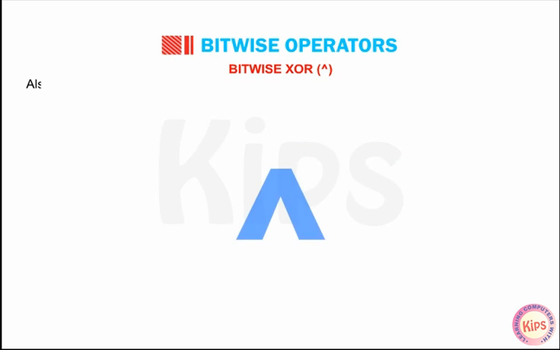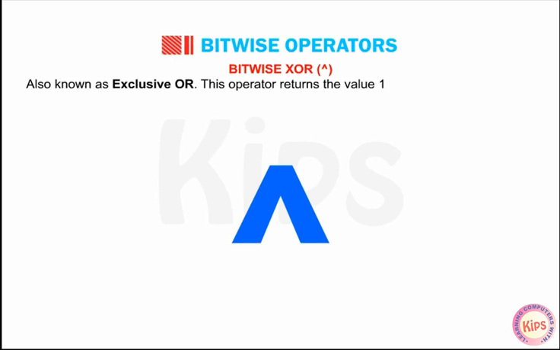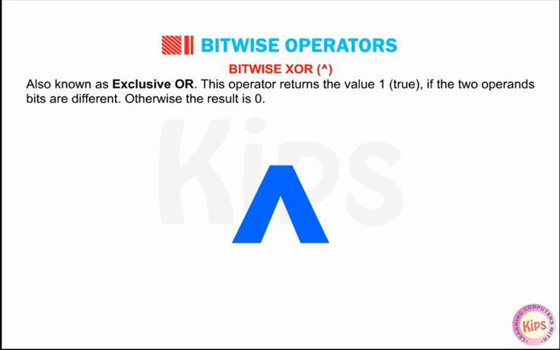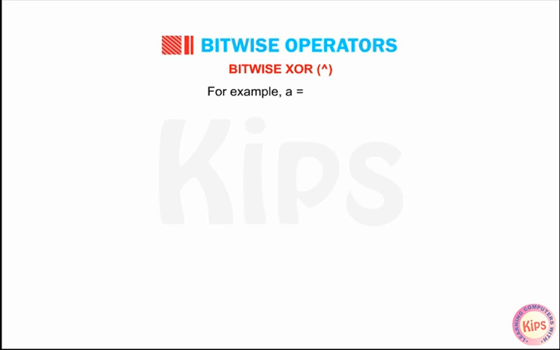Bitwise XOR, also known as exclusive OR. This operator returns the value 1 (true) if the two operand bits are different. Otherwise, the result is 0. For example, a = 3, b = 5;